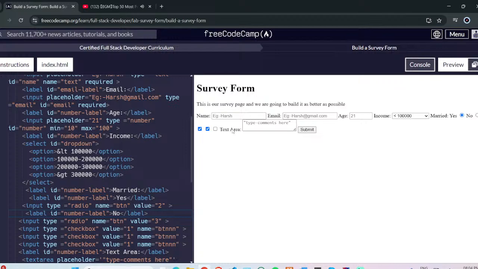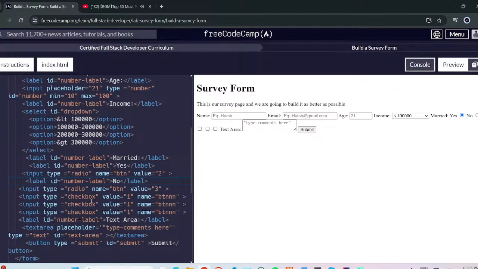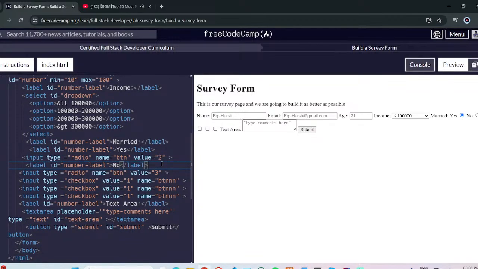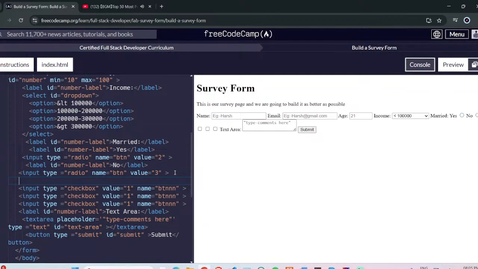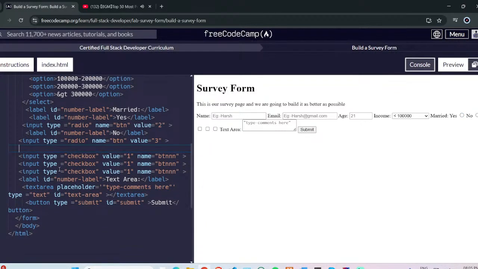Now here you can choose from here. What can I do here? Actually, there's a radio button. After the radio button, what I'm going to do is check boxes, right? So what I'm going to do is I'm just going to add another label, and inside this label I'm just going to add